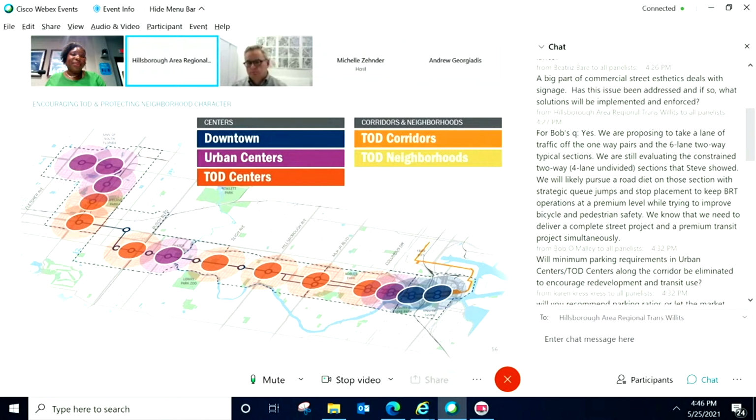But we know that the community in that area has clamored for better transit service, but we have to create a pedestrian and bike-friendly environment to complement the transit service, because just operating a bus in that lane as we currently do is not very friendly to the pedestrians as it exists. So we're balancing a lot of those different needs. That constrained section is one of those things we're going to be tackling here soon in the PD&E study for the BRT.